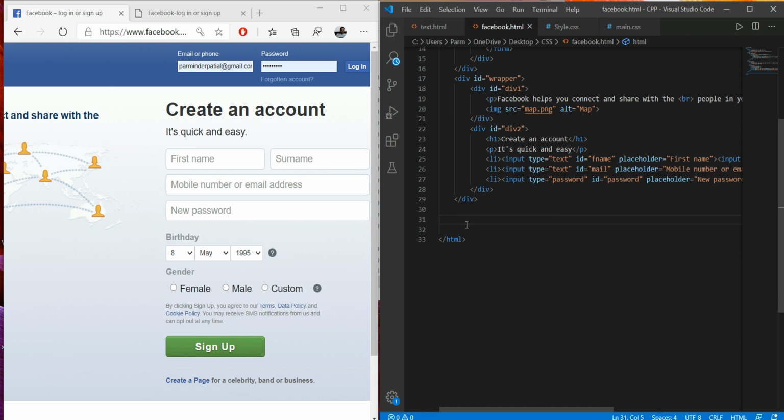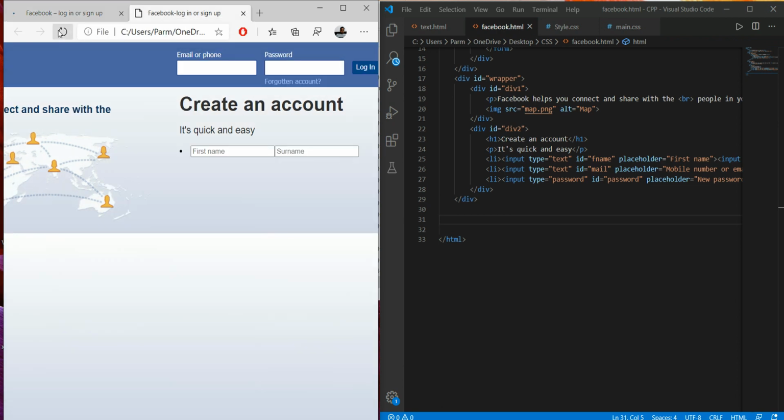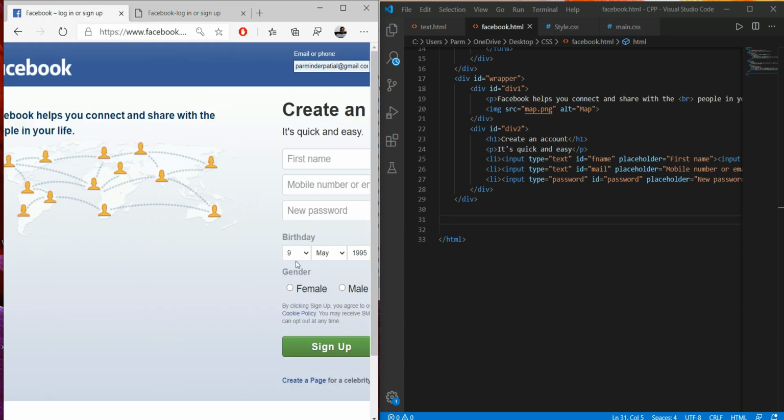Now Control S, save this. Sorry, here we refresh this. Now this is done over there. So now we have to format it accordingly.